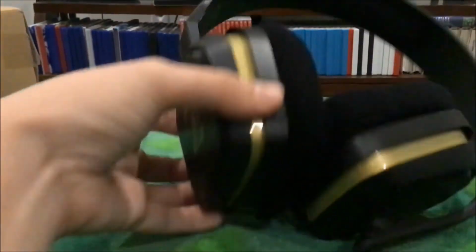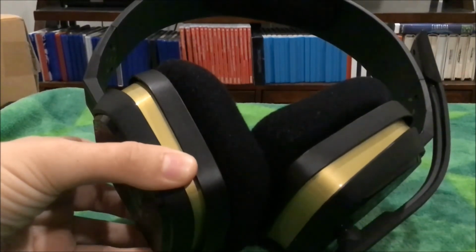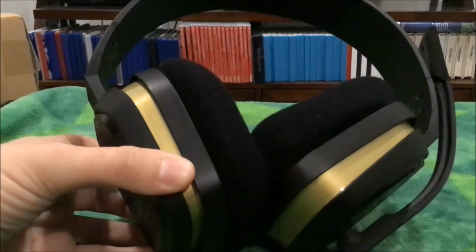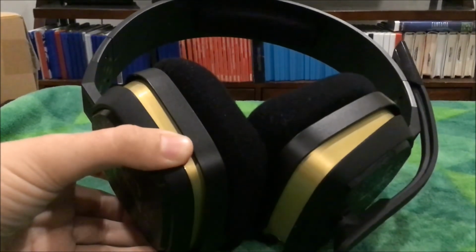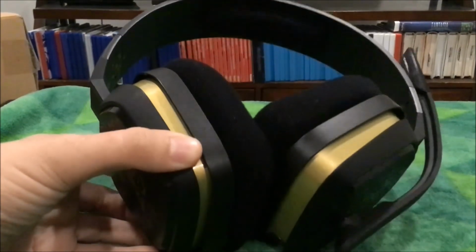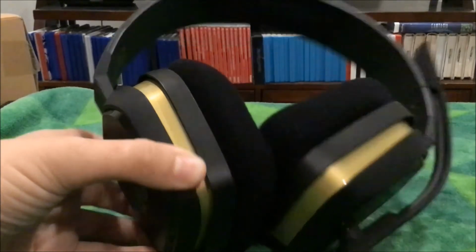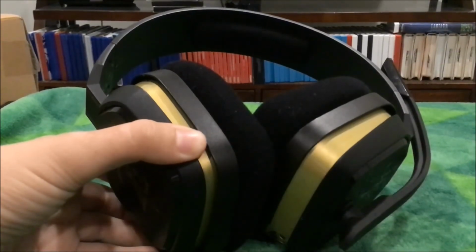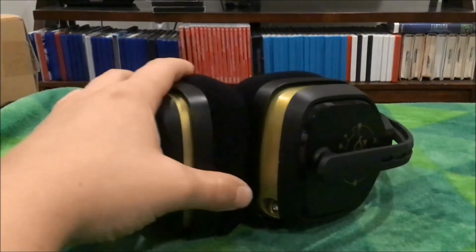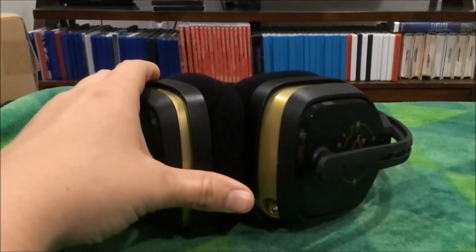One complaint about these headphones is that over time they do get a tiny bit stuffy, but as long as you keep them shifted here and there, they're pretty good. I had to kind of figure out the proper way to wear them for my head size, but once I got the measurements down, these are actually quite comfy. And I believe these are actually $60 at